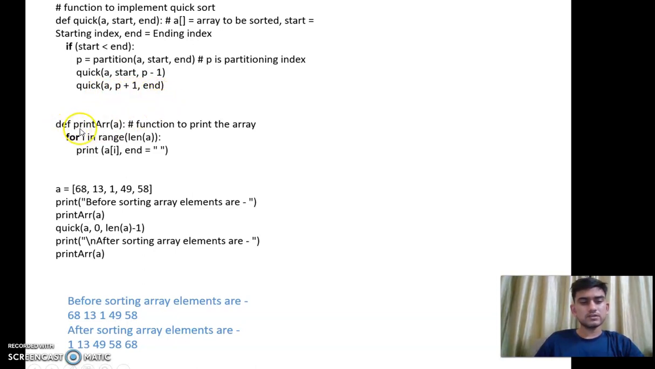Now the driver code: define print array, for i in range of length of n, print A[i]. So now we will sort A is equal to 68, 13, 1, 49, 58. So for the output, first we will print the elements before sorting. Next we will use the quicksort function and see the output. First it was unsorted: 68, 13, 1, 49, 58. Now after sorting the array elements it will become 1, 13,